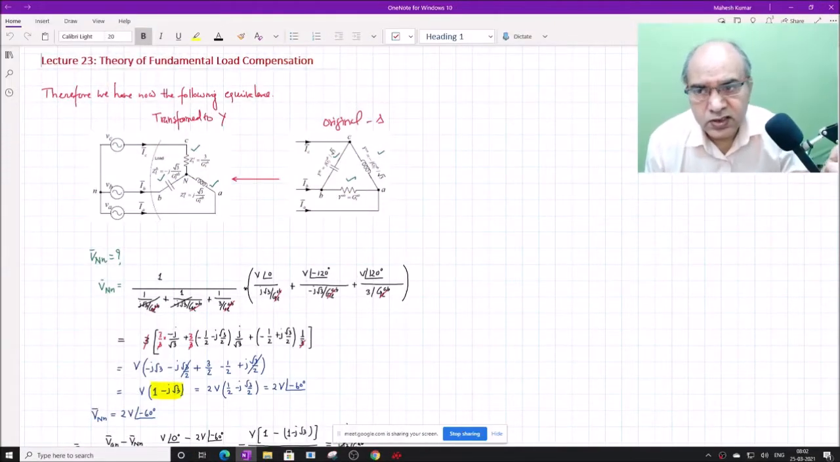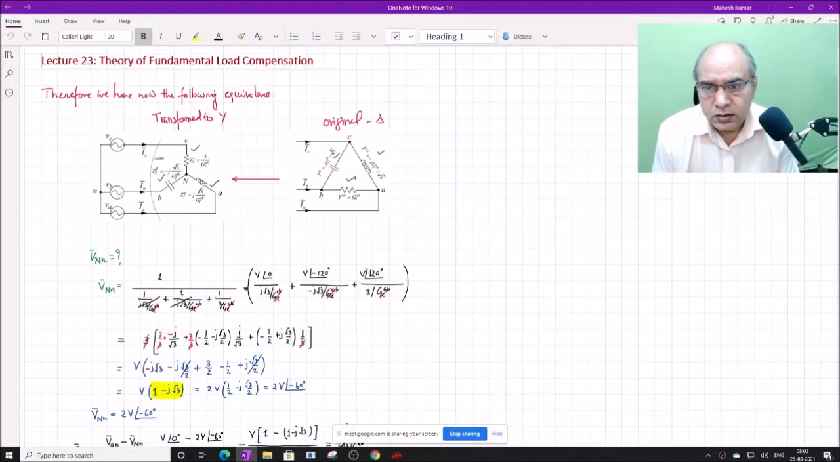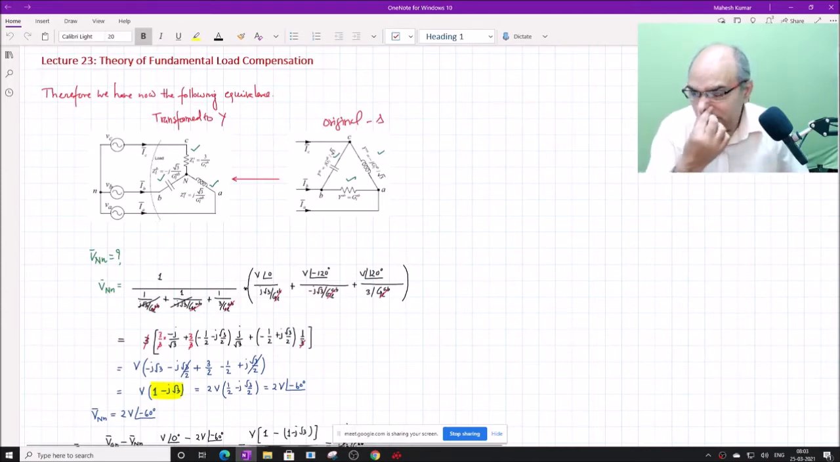Welcome students to this lecture, which is about the theory of fundamental load compensation. We were discussing in the previous class how to compensate the three-phase unbalanced load where a resistance was connected between phase A and phase B, and we have analyzed that whole circuit, and we found that after adding some admittance, a purely reactive network, for the compensator,